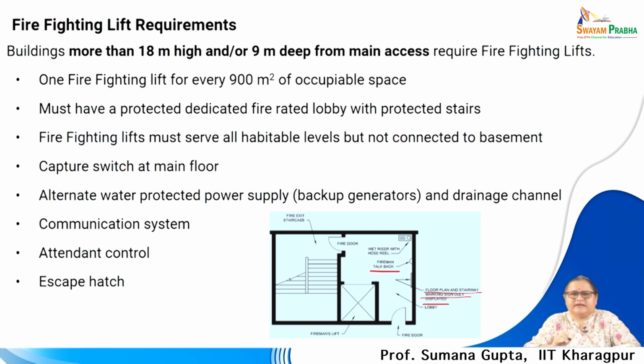One firefighting lift is also mandatory if the floor area is 900 meters square. Beyond that you can go for 2 firefighting lifts. It must have a protected dedicated fire rated lobby with protected staircase, as the plan already illustrates. The fire lift must serve all habitable levels, but not be connected to the basement. So, the fire lift starts mandatorily from the ground floor level and it does not have any connection with the